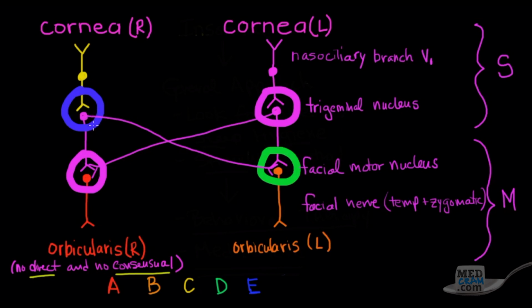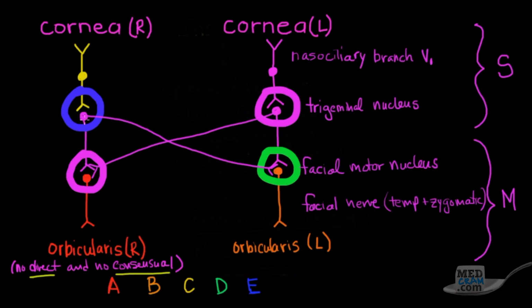And then what happens here is very important. Not only does it continue back in the arc to the eye and to the orbicularis oculi muscles on the ipsilateral side, it also gets transmitted, and this is very important, to the other side. Why would it do this? Well, if something is getting into one eye and you need that eye to close, you're probably going to have the other eye close as well to make sure that something doesn't get into that, and you're not waiting for a response to hit that cornea on that side. So this is kind of a defense mechanism where both eyes are going to close if just one cornea is stimulated. So these are interneurons.